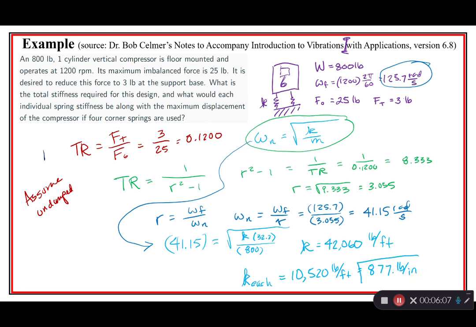And then we would look that up in the spring catalog to attempt to find a spring we could buy, 4 springs we could buy to accomplish this desired design goal. We will move on to the next